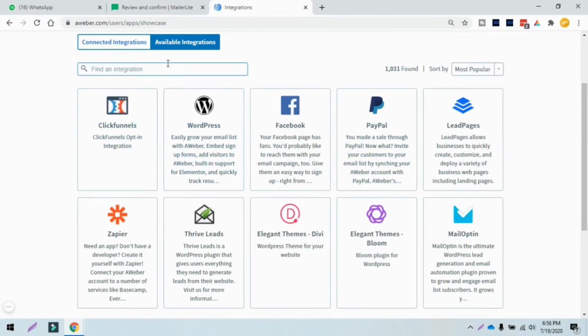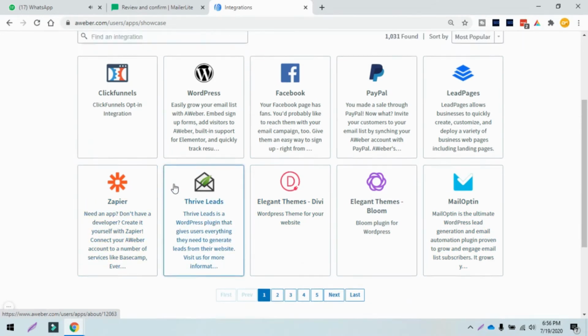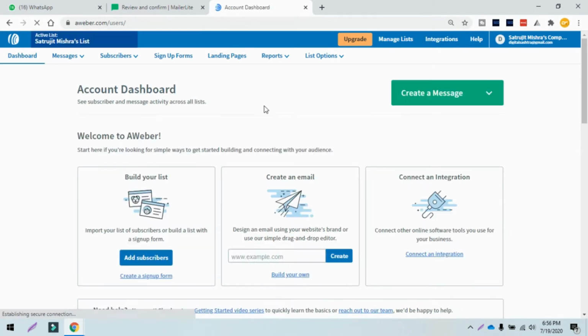You can see all the popular integrations over here. They have ClickFunnels, WordPress, Facebook, PayPal, Leadpages, Mail Opt-in, Thrive Leads is another one. We have Zapier. So they are the king of integrations, I must say. They have all the integrations that are needed for an online business.